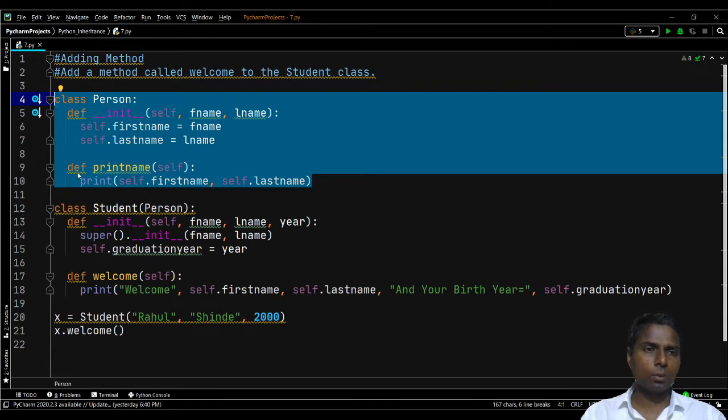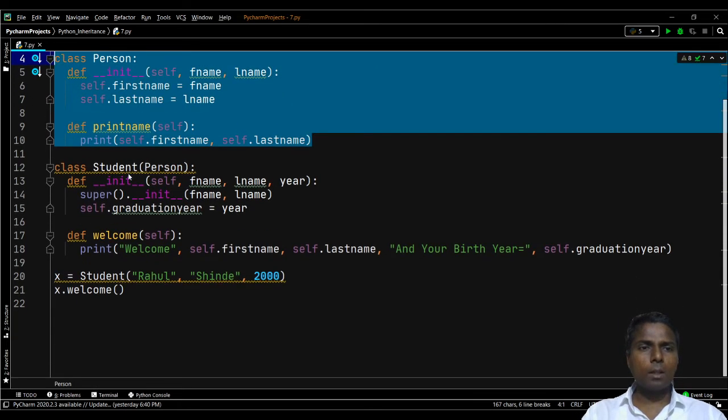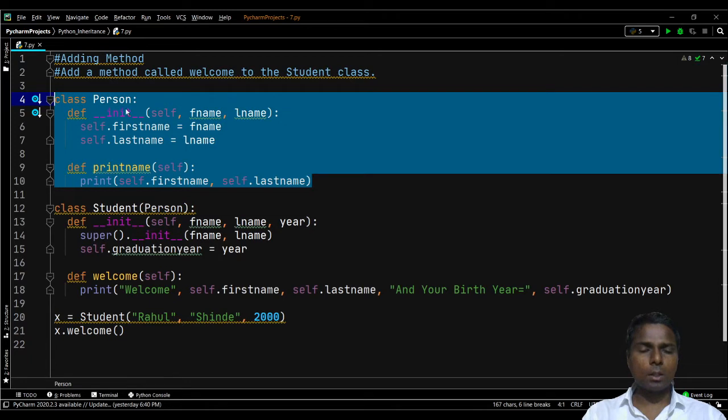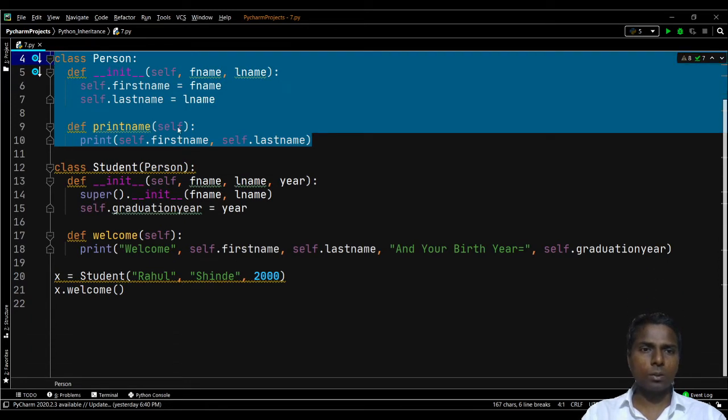Print name is a method for the person class, our parent class. With the help of the self parameter we can access the properties of person, first name and last name, in our user-defined methods also.